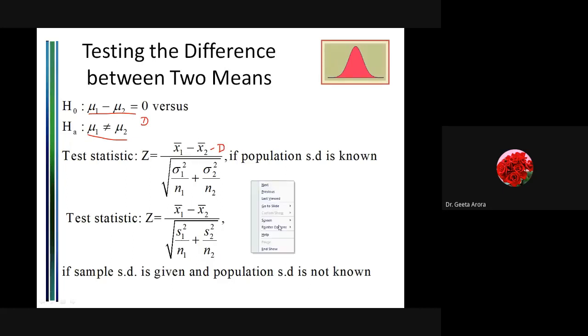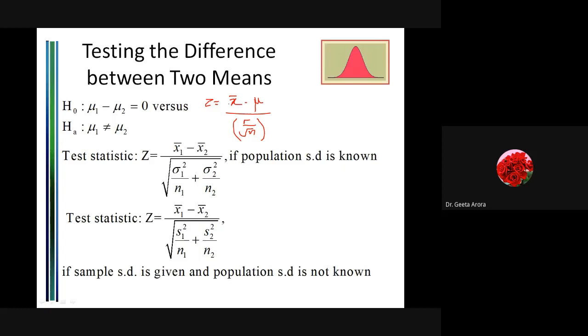Now in order to start with the formula, let's write down the formula we have for one mean, one sample. We have written that if a sample of mean x bar is taken from a population of mean mu, then we have to find out whether the sample is coming from the population or not. And the z statistic is x bar minus mu divided by sigma divided by under root n. The sigma by under root n we have called the standard error, correct?